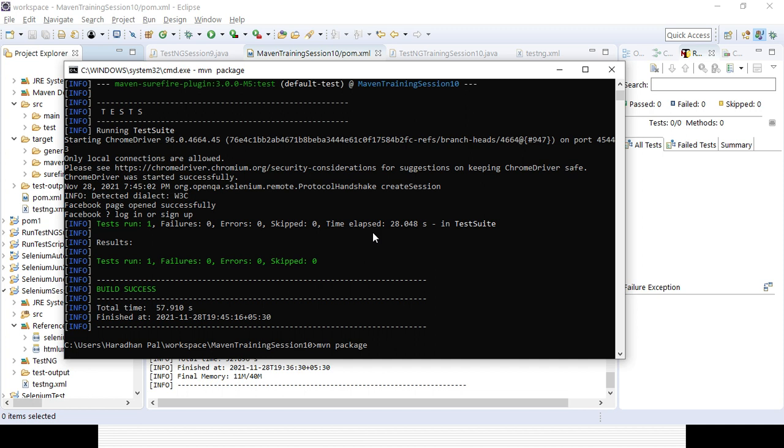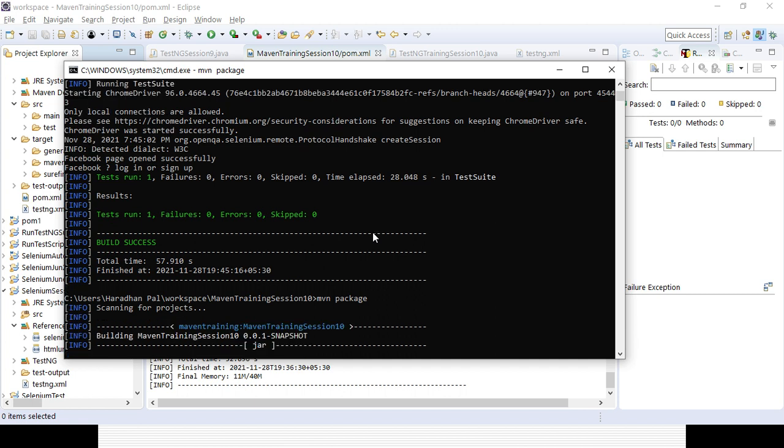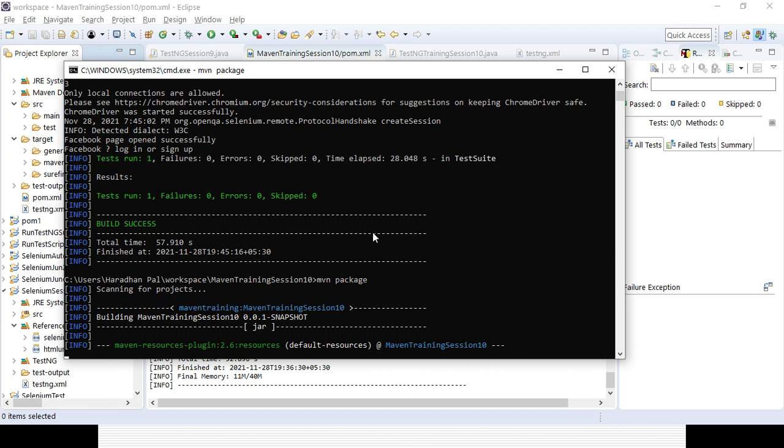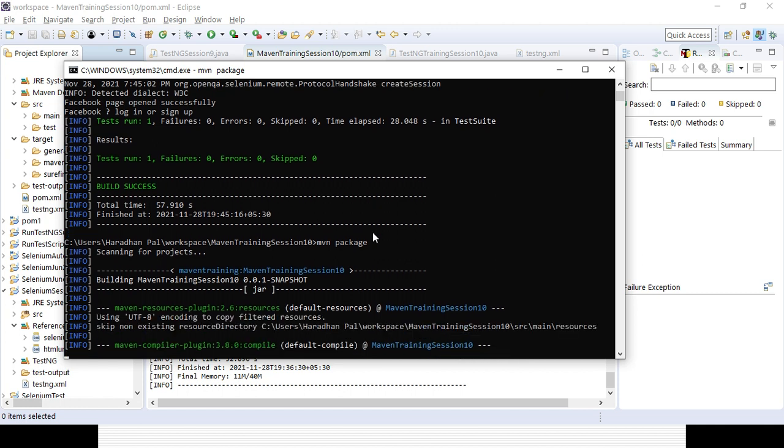So it will clean the project, it will compile it, it will test it, then that particular run, right, it will convert it some Word or jar file. So that is the sequence of those commands: clean, compile, test, and package.